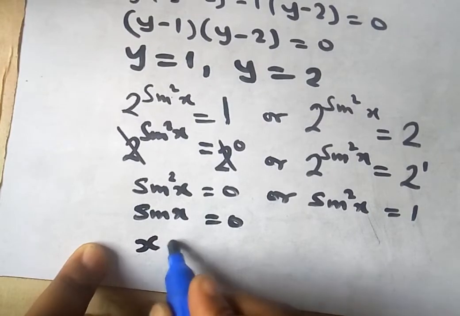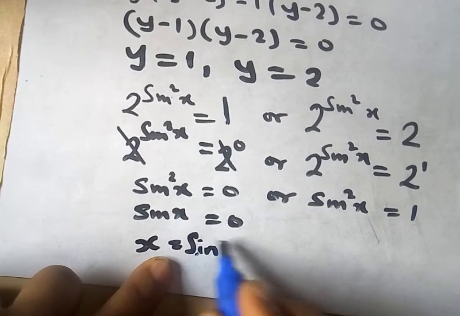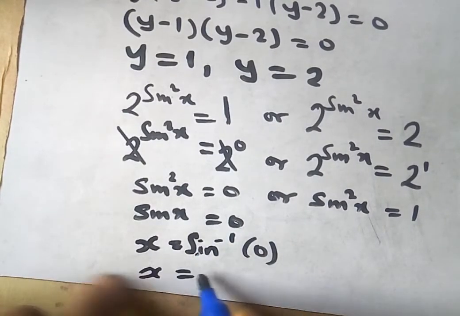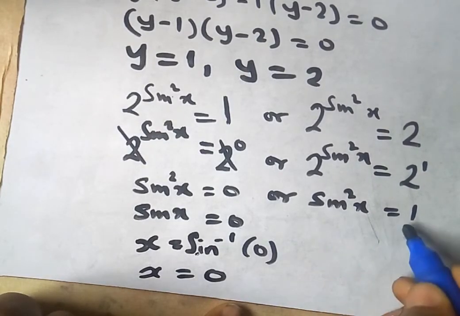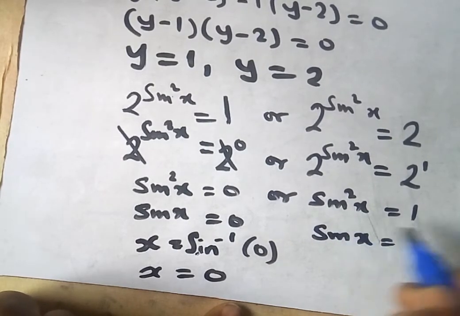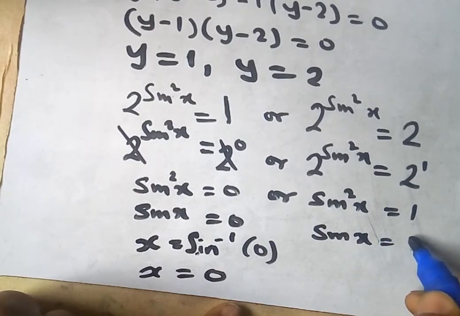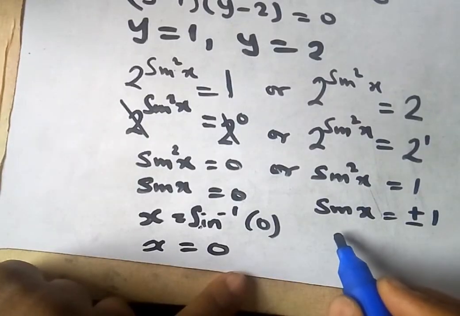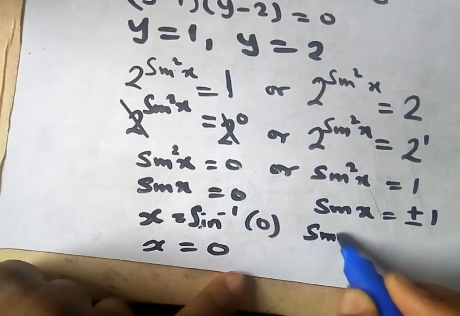Now x is equal to the sine inverse of 0. What is the sine inverse of 0? That gives us x is equal to 0. Now on this other side, by the time you take the square root of 1, you get 1. When you square both sides, it means that you have the square root of 1. Square root of 1 is 1 or negative 1. Now it means that we can rewrite it as sine x equals 1